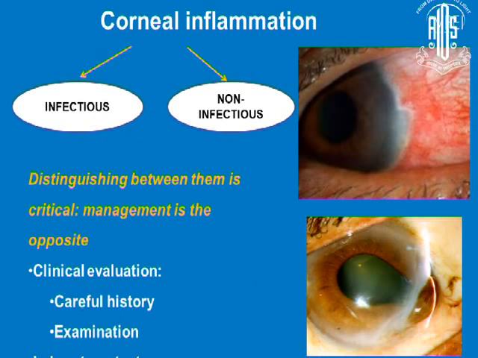So obviously the bottom line of ensuring that the patient has pure inflammation is to make sure that we are not looking at an infection, because distinguishing between the two of them is critical, as the management is the opposite, where in one case you don't want to start steroids, and in the other case the patient is going to improve only when you start topical corticosteroids. So apart from the routine that we are taught, that is a careful evaluation in terms of history taking and examination, we also probably have to resort to certain laboratory tests to make sure that what we're looking at is an inflammatory disorder alone of the cornea.